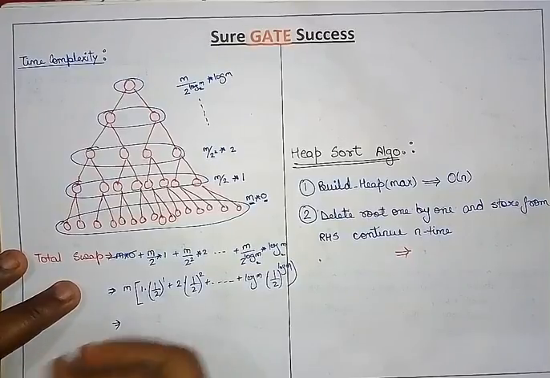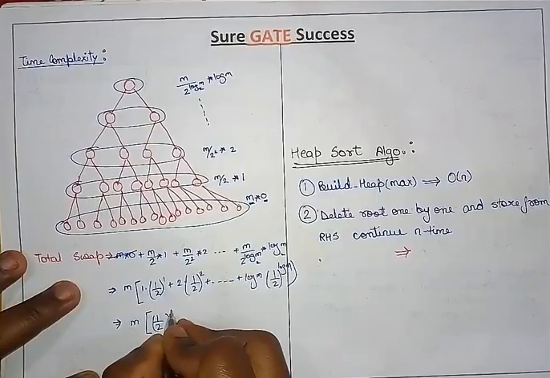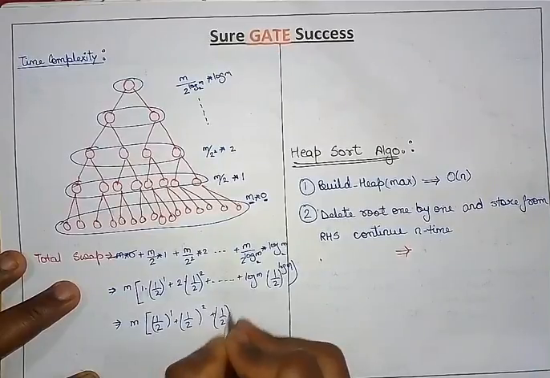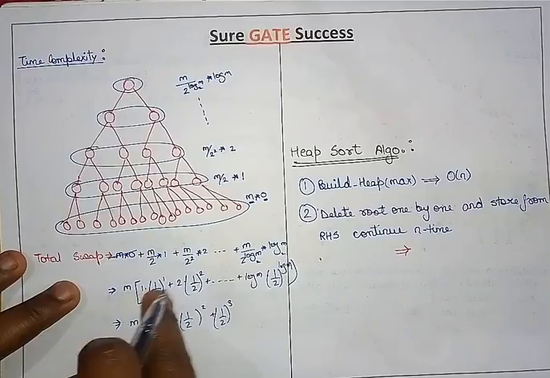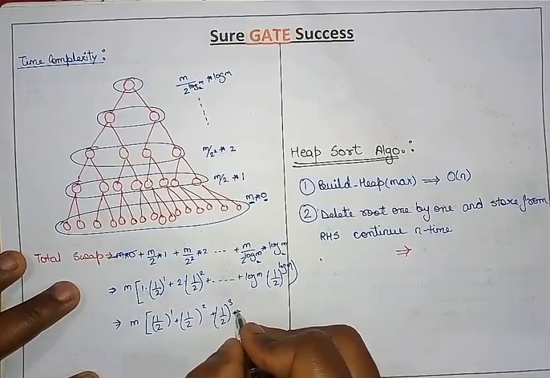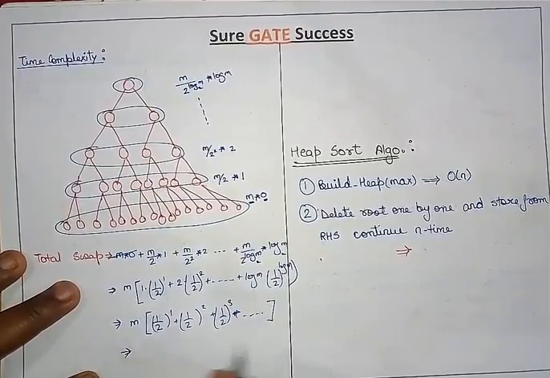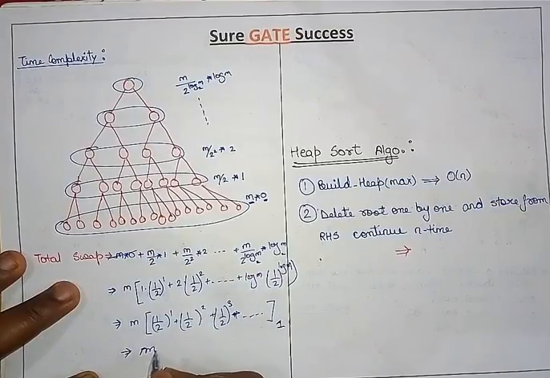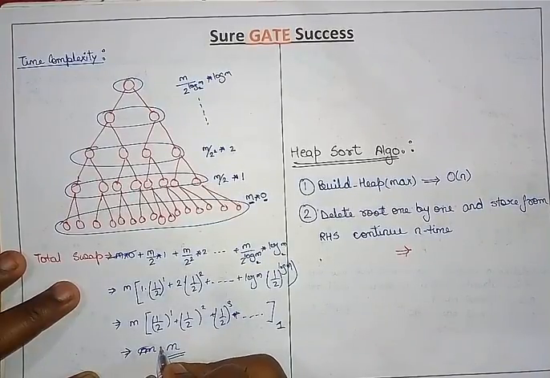So we can solve it. It will be nothing but 1 by 2 to the power 1 plus 1 by 2 to the power 2 plus 1 by 2 to the power 3. You can solve it using GP equations. It is a combination of GP and AP, so you can solve it by them, and after solving this you will get a sequence like this. If you solve it, it will be nothing but 1. So what will be the swap? Swap will be nothing but order of m,